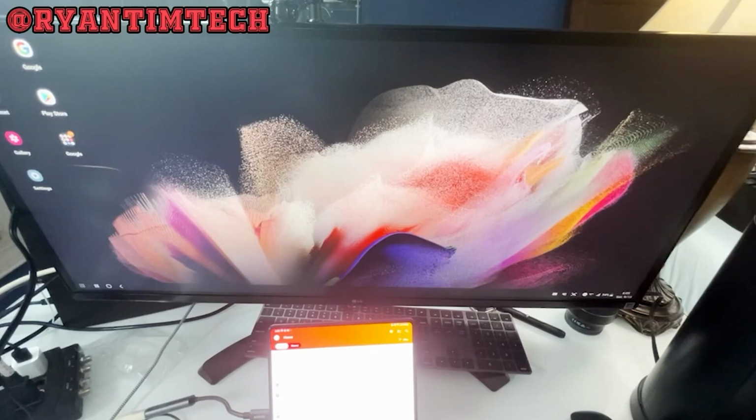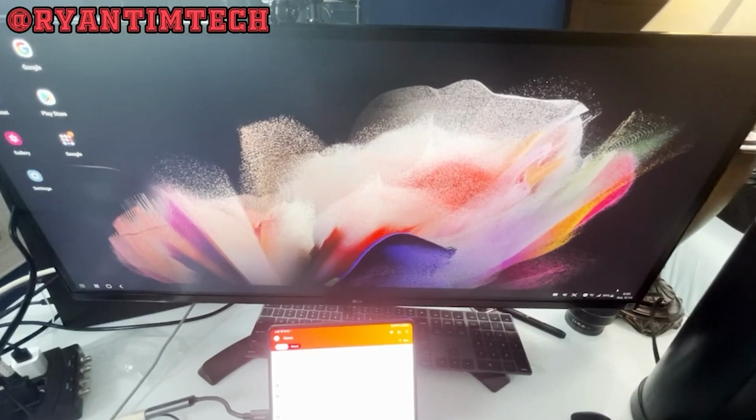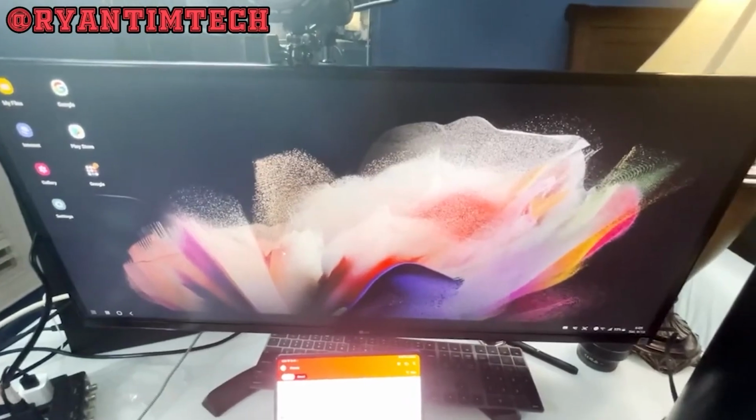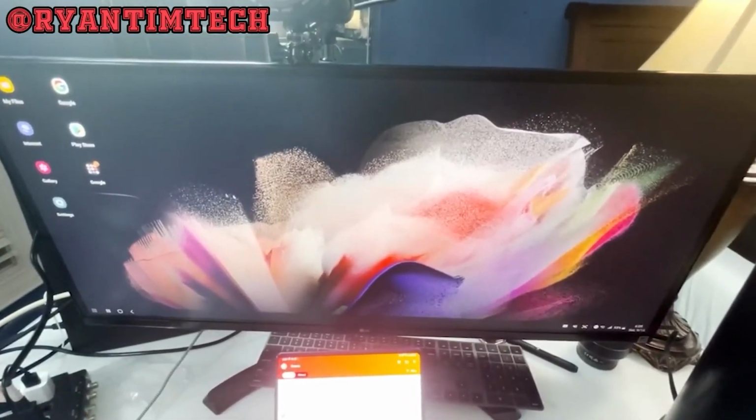Now, when it comes to extra features, of course, this does offer you Samsung DeX, which is something that we do not see on the iPhone. We do not see on some Microsoft phones, or any Microsoft phones, but we see on pretty much every Samsung phone possible. If you do not know what Samsung DeX is, Samsung DeX is the ability to plug your phone into a monitor of any kind or a TV, and you can get a